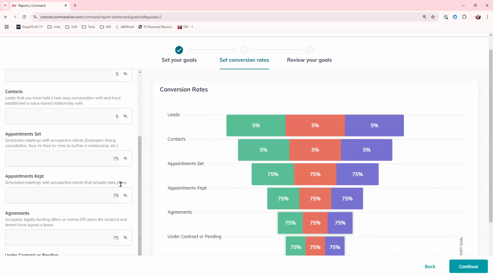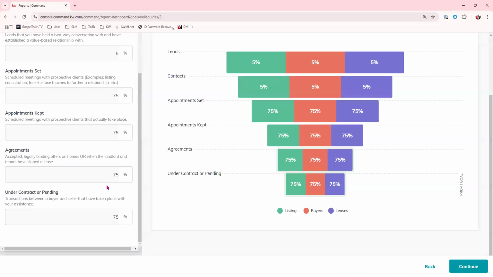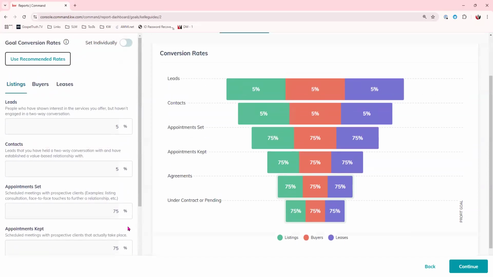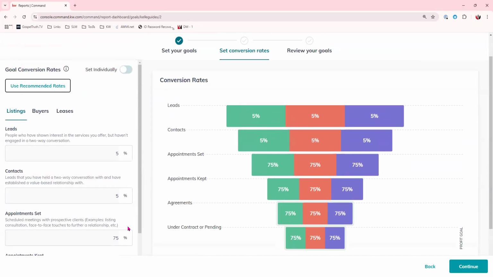Also, same thing with when you keep the appointment, they still have a 75% chance of getting to the closing table. Once you have your agreement signed, on average, 75% of those will get to the closing table. And once you're under contract and pending, 75% of those deals will get to the closing table. Okay. So you can stick with these standard percentages, but if you've been in business for several months or more,